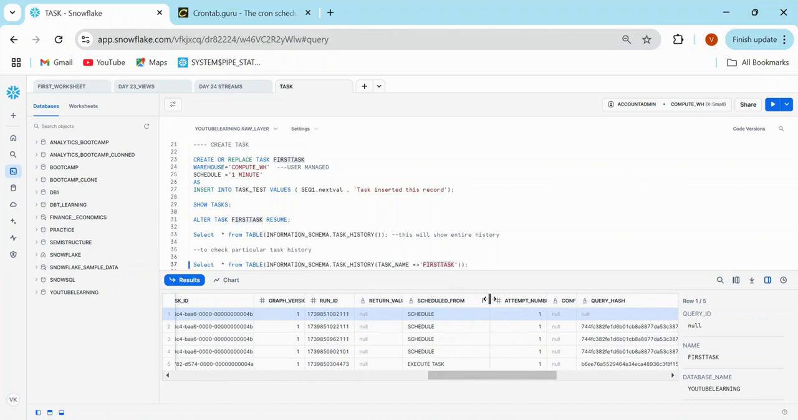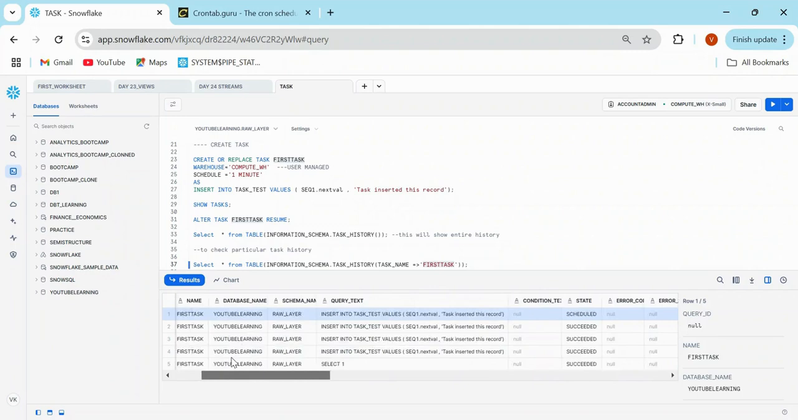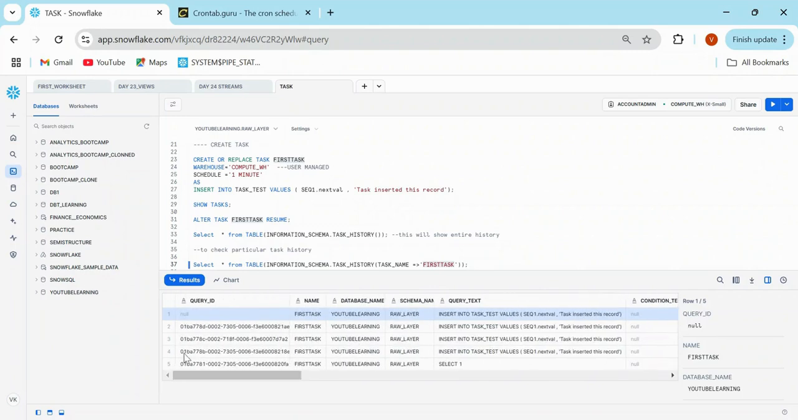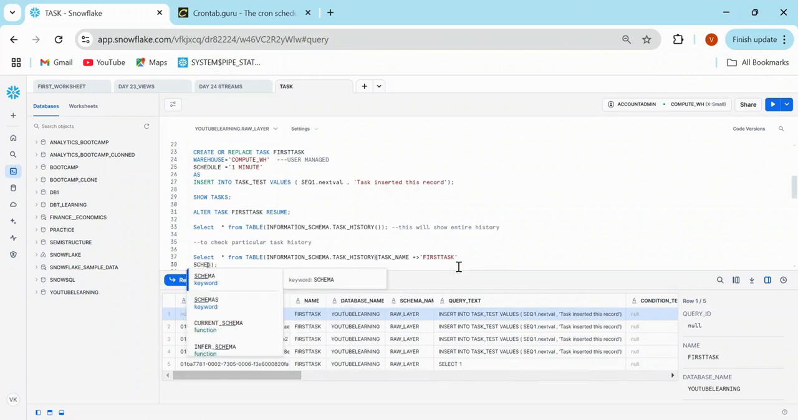And you can even check whether it was executed after scheduling or you manually executed it. Okay, so that's how you can get complete information about your task history. And in case you want to check it only for a particular time duration, then you can give a scheduled